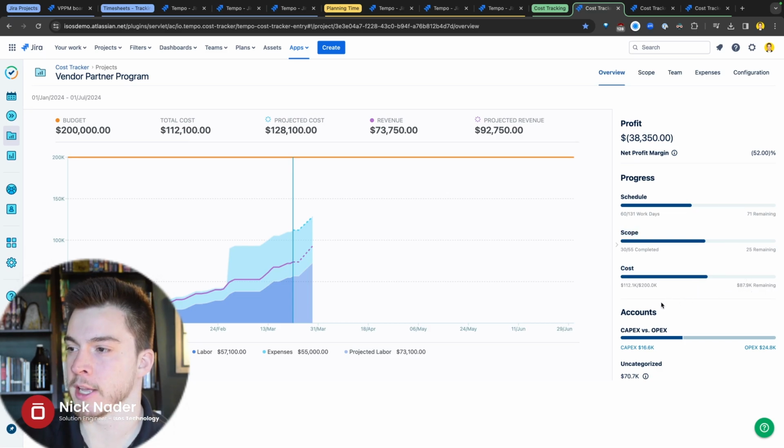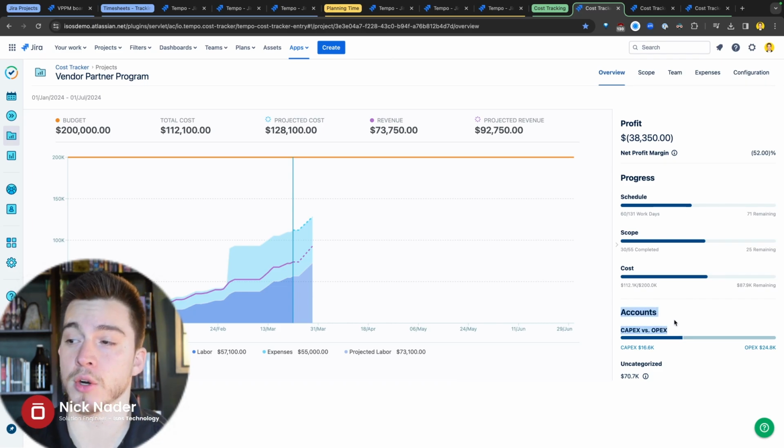that timeline. And then down here, this is what I really want to call out, is when we create Tempo accounts and then categorize them as capital or operational expenses, and then log and plan time against those accounts, this is where that aggregates so that we can see, hey, we've spent $16,500 on capital expenses and $24,800 on operational expenses thus far. And these are hyperlinks, so you could always drill into these and see what exactly those expenses